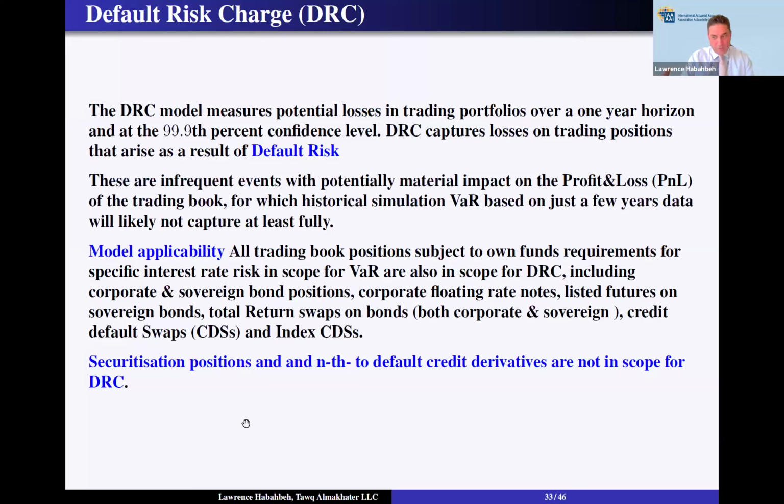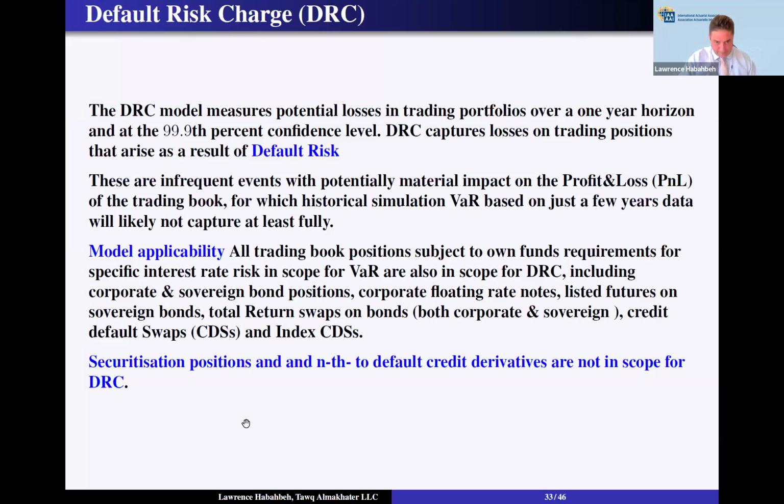One is the outright default of the underlying obligor, and the other one is the rating migration of the obligor because it impacts the mark-to-market value. In Basel III FRTB, it reduced only to computing the losses that arise due to outright default. Of course, default and rating migration are not frequent events. These are infrequent events. Therefore, the VaR model alone is not able to capture them because they happen in the tail. So the VaR model and the DRC should be sufficient to cover your expected losses and unexpected losses that arise